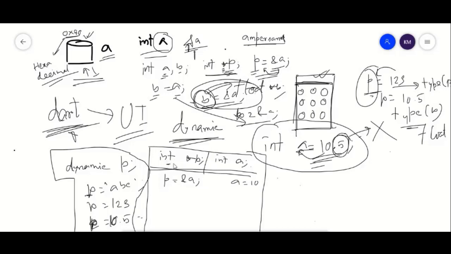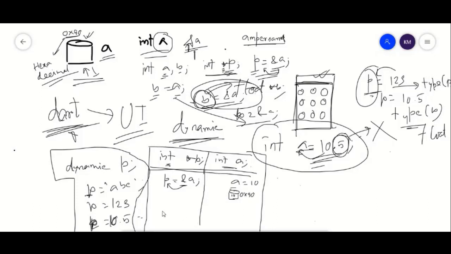This star P is residing somewhere and that A is residing somewhere else. As I have passed ampersand A to P, P will have access to that A variable which is not within its scope. Suppose A is a location where you have 10 and the address is 0x90.